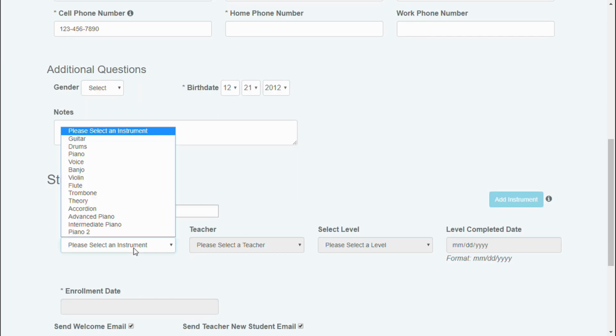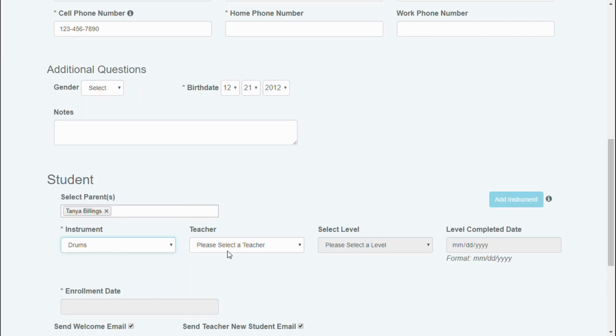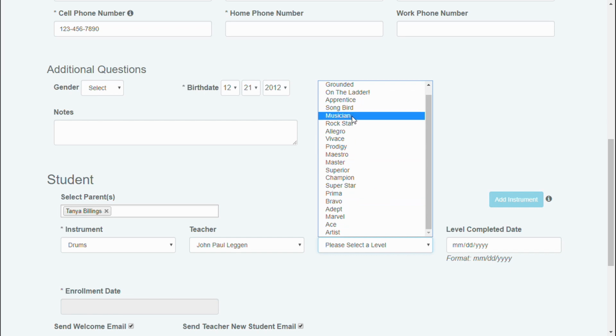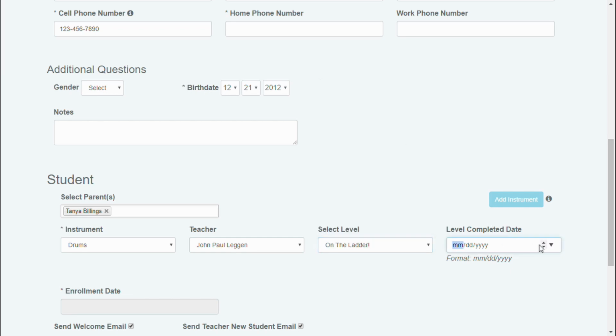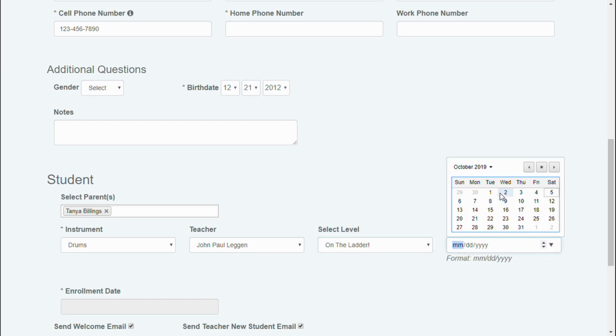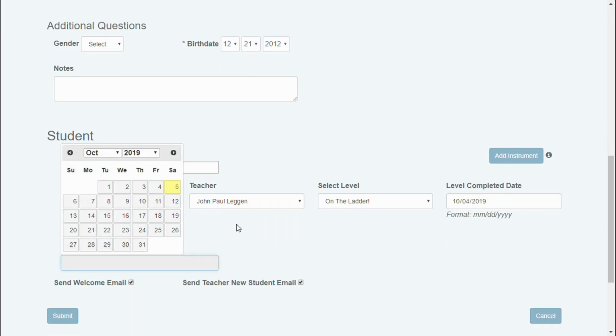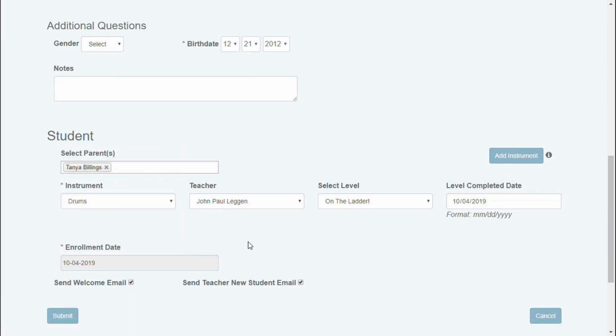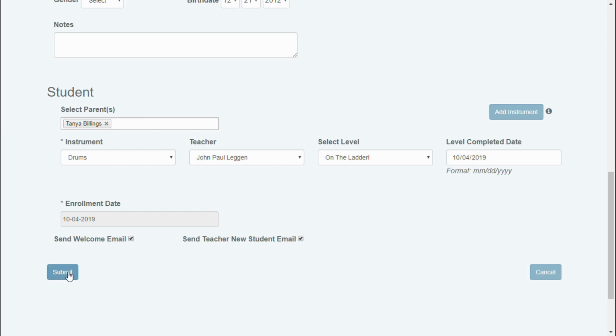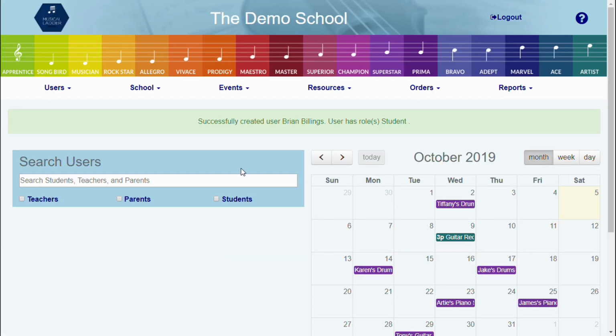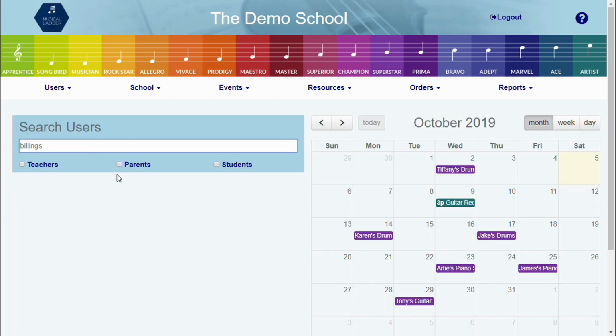We can go ahead and assign him his instruments, his level completed date, and his enrollment date. And once we click Submit, it's going to come up and let us know that we created Brian Billings. And now, if you look for these users, so if we look up the last name and we look in parents and students, no matter who we click on,